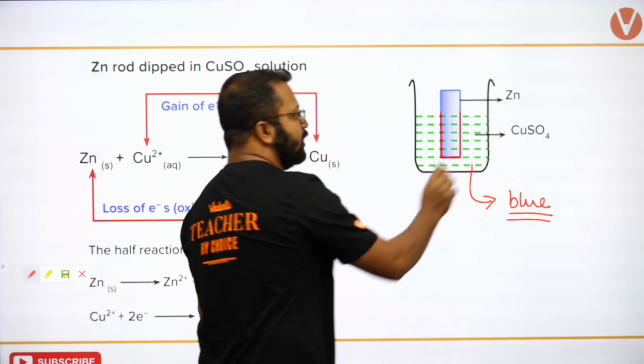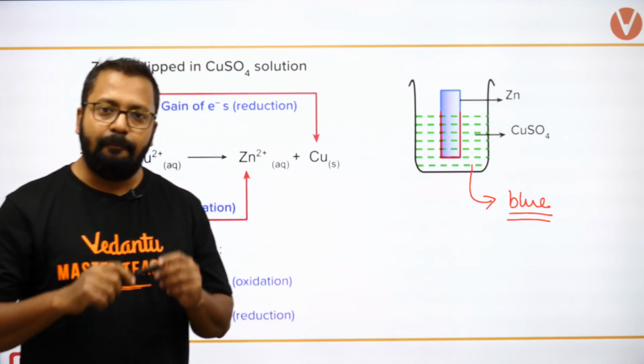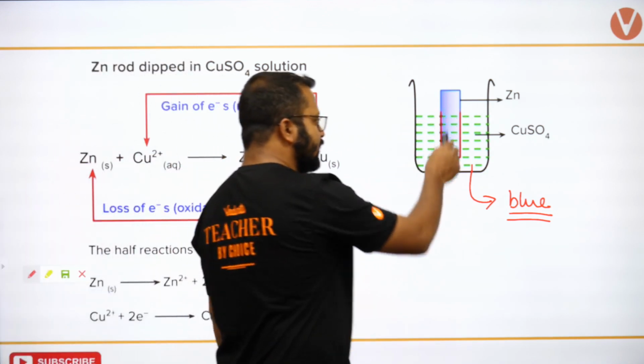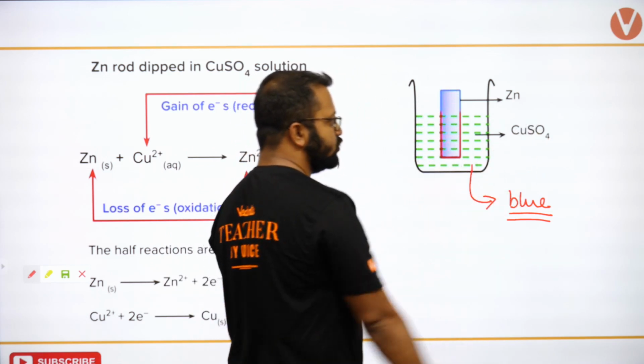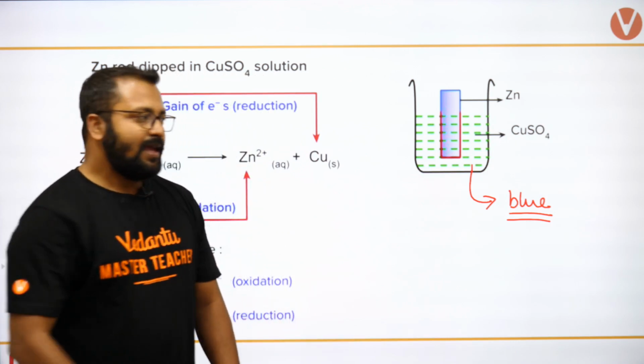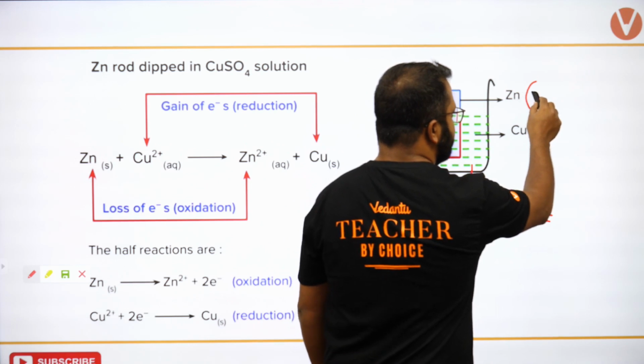ये सॉल्यूशन का कलर ब्लू है, ठीक है. अगर आपने कॉपर सल्फेट सॉल्यूशन लिया, it is blue. Now if a zinc electrode is dropped in copper sulfate solution, what will happen? Zinc will start changing into zinc sulfate, so you will see that this